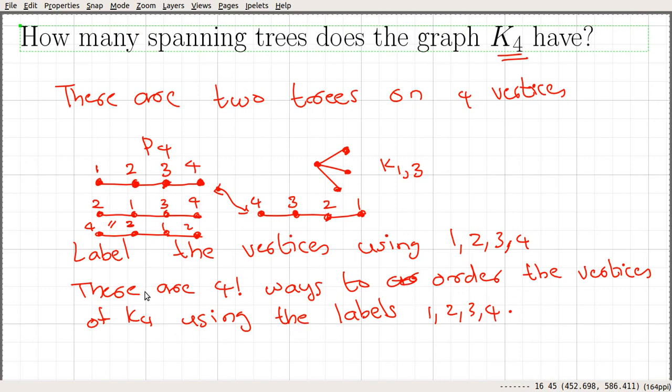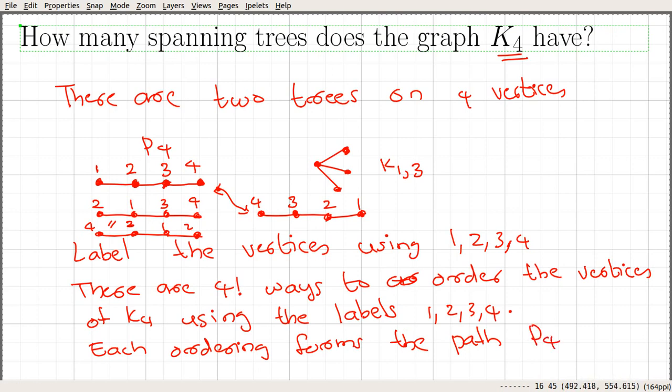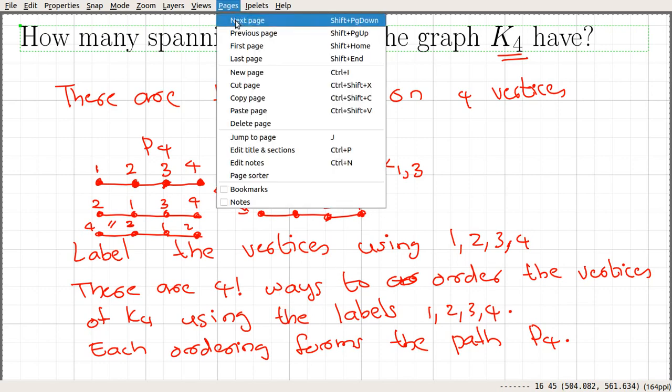And here again we can see that each ordering forms the path P4. But the thing is that two paths will be the same, something like this. So here we have two orderings that correspond to a particular path. We have a total of 4 factorial, and we have to divide by 2 to get the correct answer.